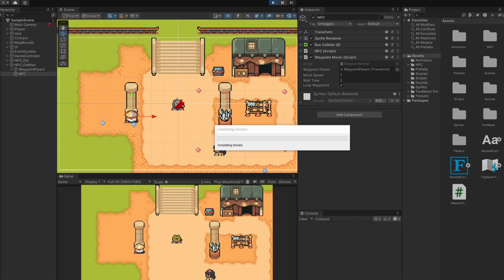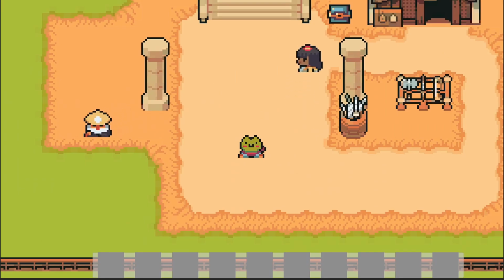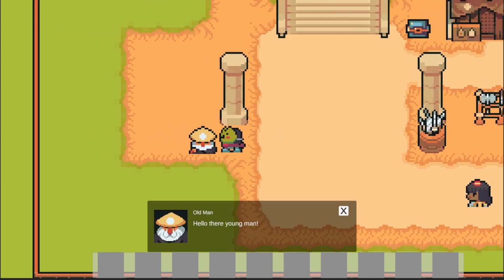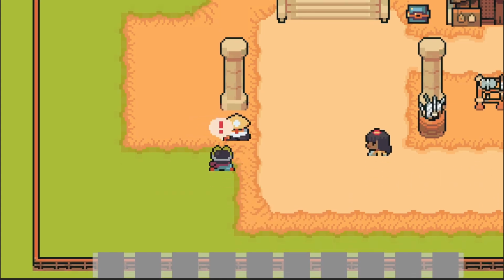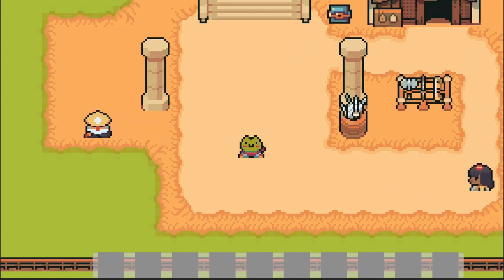Now when we press play, there's going to be a lot going on. We can see our girls running very fast around. Maybe that's too fast. And our old man is very gently walking side to side. Oh, and also if we talk to our NPCs, the NPCs' movement is paused, so they don't keep running around in the background. And then when we press play, they'll keep moving. Very cool. Obviously this looks a bit weird because they're not animated, but don't worry,